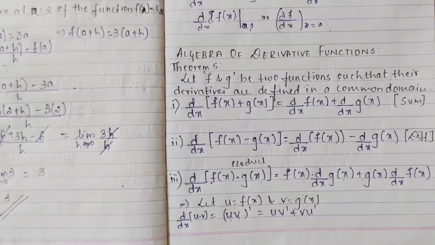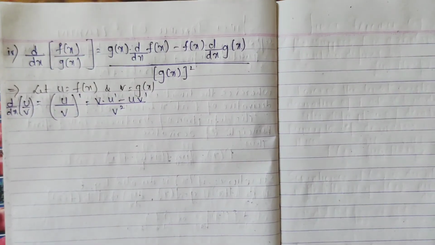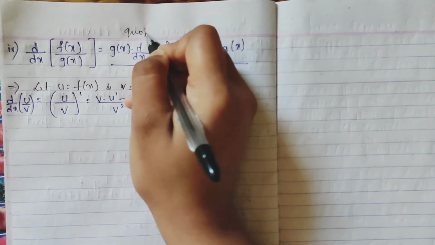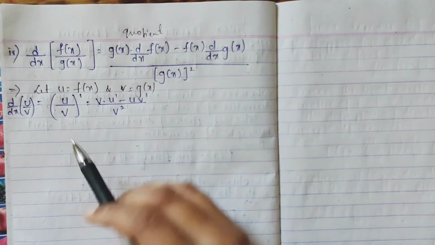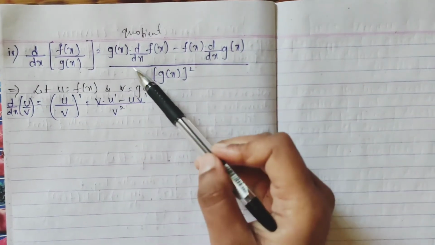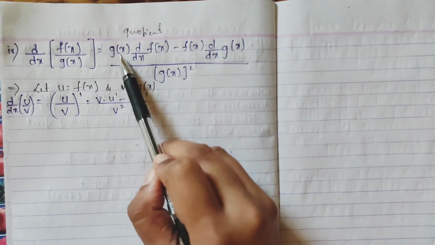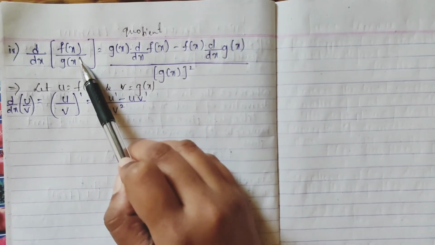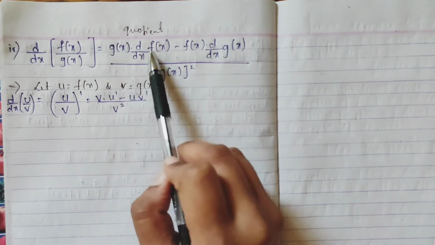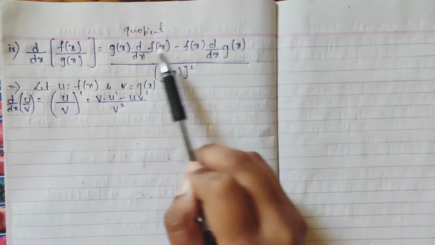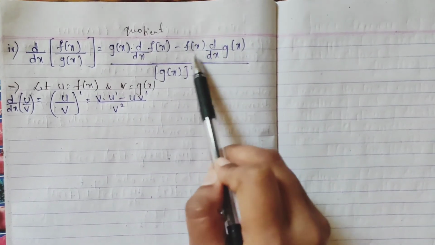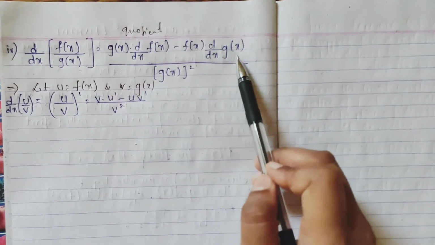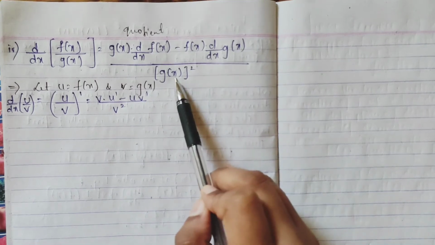In terms of quotient, d by dx. Okay, in terms of quotient, the derivative of the quotient of two functions f of x by g of x. This you should remember properly. See, g of x into d by dx of f of x: keeping the denominator as it is, finding the derivative of the numerator, minus keeping the numerator f of x as it is, finding the derivative of g of x, d by dx of g of x, whole divided by g of x the whole